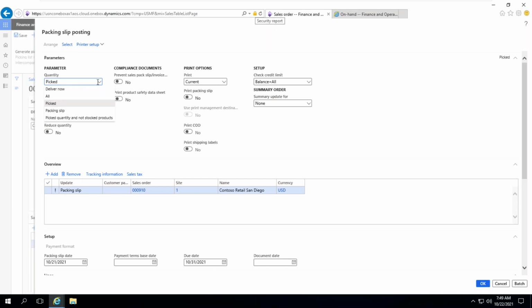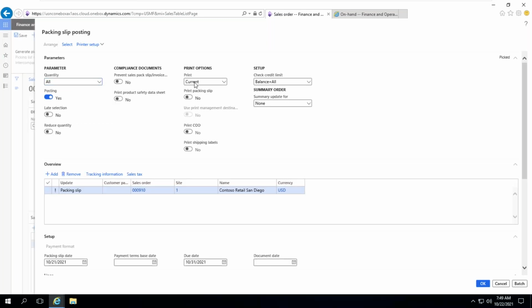Give me a second. So I'm changing from picked quantity to all. If I select all, now if you look at this one, 5 quantity we are dispatching.